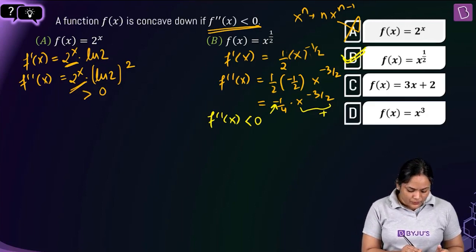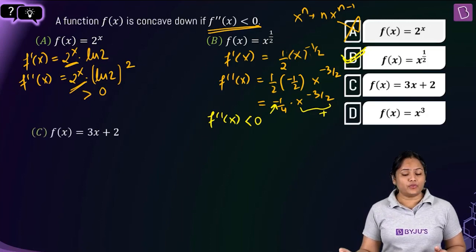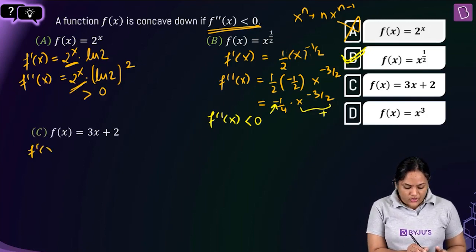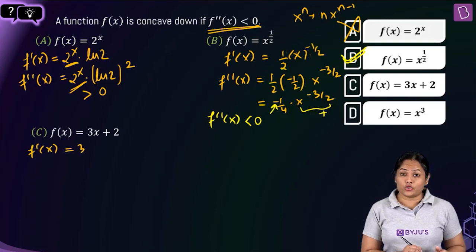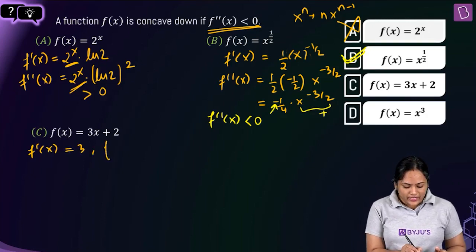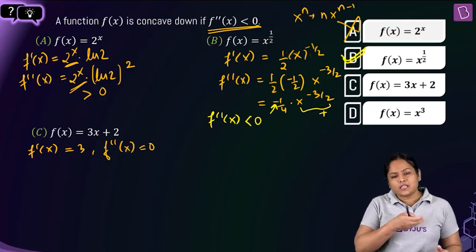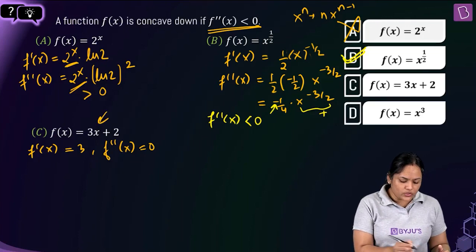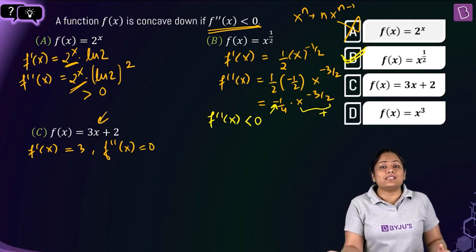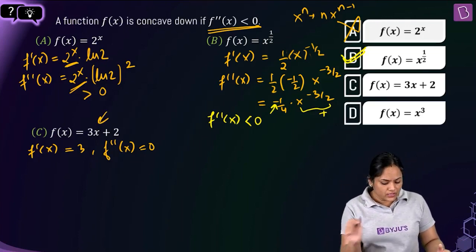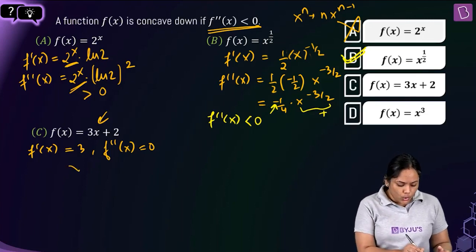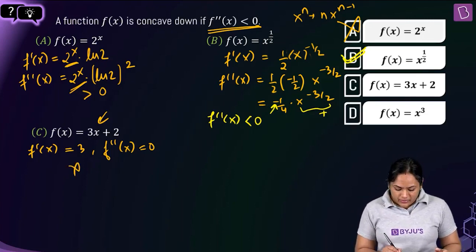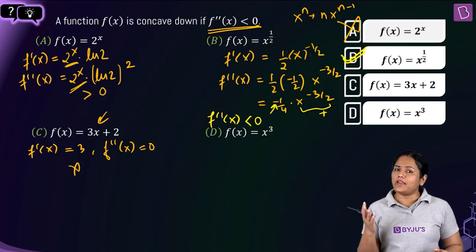So for C option, my fx is 3x plus 2. So when I differentiate it, I'm going to get my f dash x as 3, which is a constant, and f double dash x will be 0. So this is definitely a linear equation. We'll know the graph. Here we don't decide about concavity or convexity. So again, C is not at all the correct option, leaving behind option D, which is fx is equal to